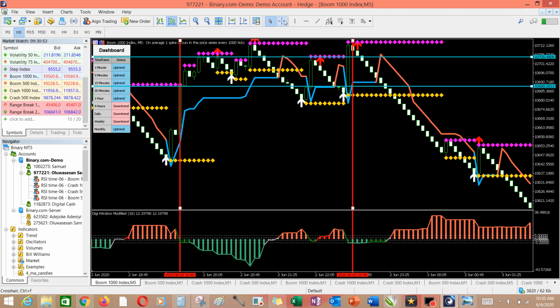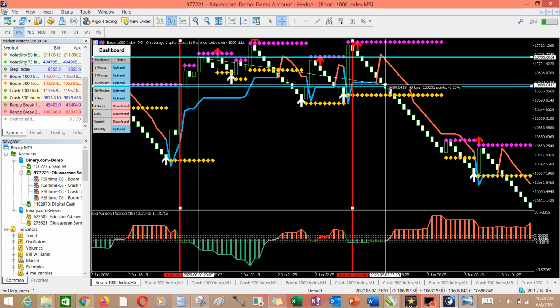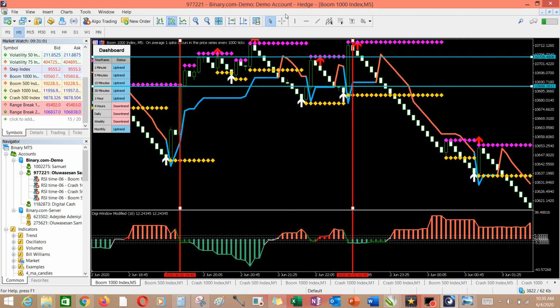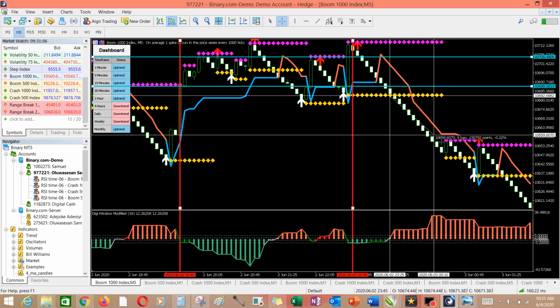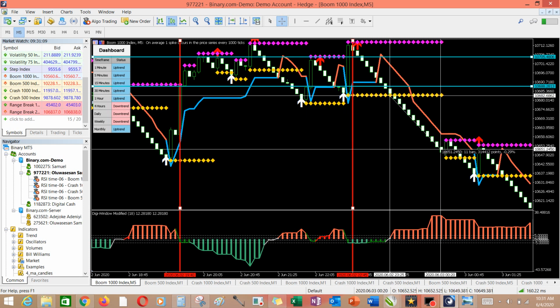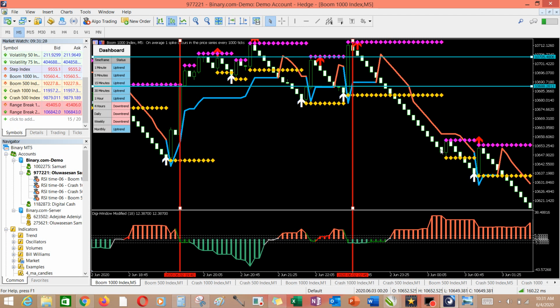Remember, this is 5-minute time frame. So once you notice, you'll have end from this level all through to this level, and once you notice that it is now going down after breaking out totally, you can now come in to earn from the breakout strategy. This is where the breakout strategy will come in, because it has broken the support level totally that it has tested and retested and retested. So you can now sell here, and this is 11 bars. 11 times 5 is giving you 55 minutes candles, which is almost 1 hour.